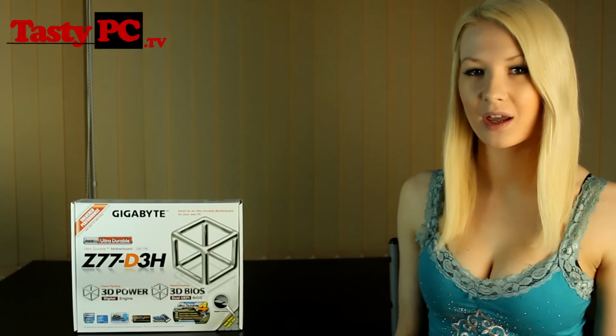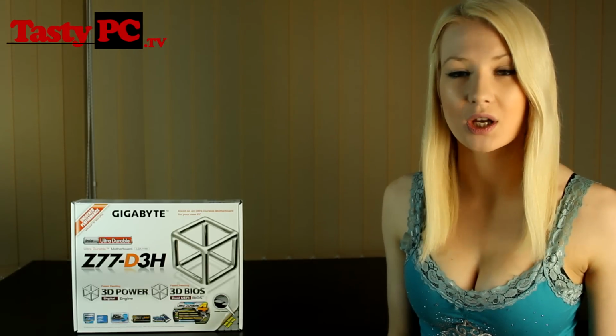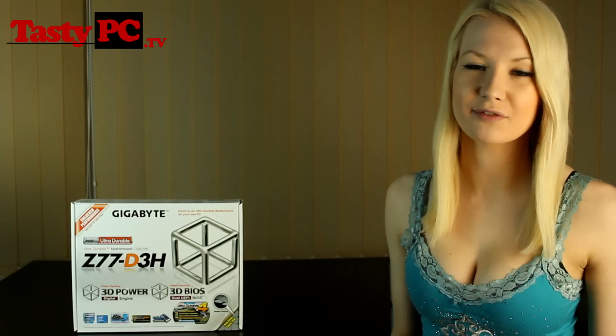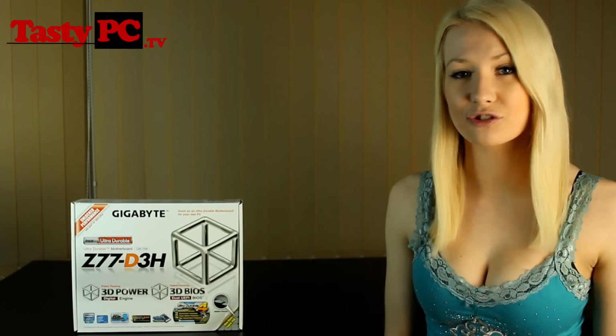Today we're taking a look at Gigabyte's Z77-D3H motherboard. So this Ivy Bridge motherboard is what I'd like to classify as a value option, but just because it's got a cheaper price tag doesn't mean it's not a great choice for your next rig. This is the first time that I'm going to be properly reviewing a motherboard, so any feedback is greatly